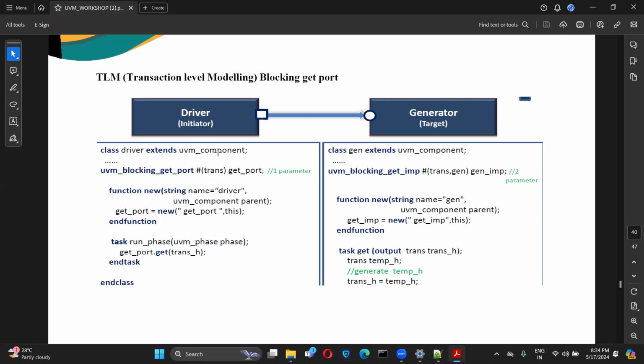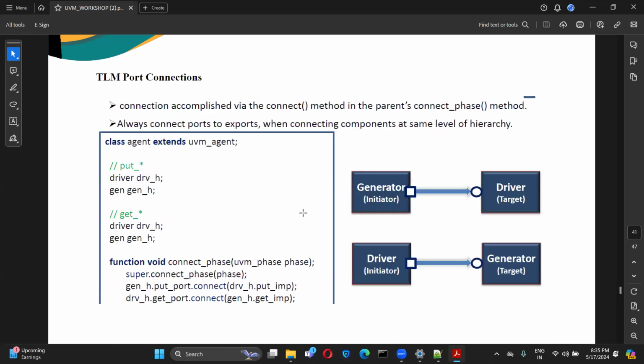You have to get familiar with the syntax of all this, and also with the pictorial representation, because if someone asks you to draw the testbench architecture, you should be able to do it. Then someone will ask why you have taken this, and what it is trying to represent. You should be able to explain them, so you have to go through the syntaxes also. Then we have TLM port connections.